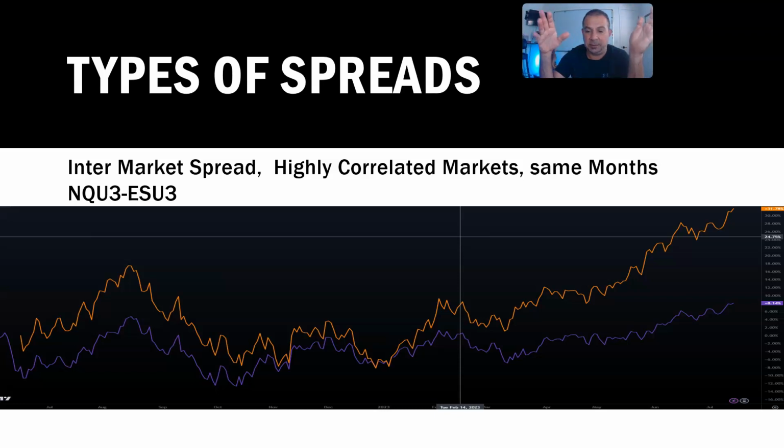In this case, if you look at the orange line, since the beginning of the year, tech has obviously taken off again on ES, so ES is in blue. These are Septembers, so NQU3 minus ESU3,